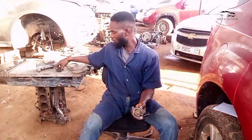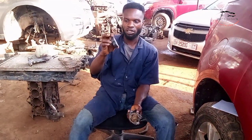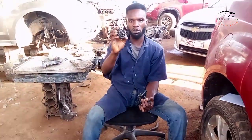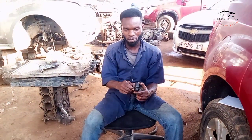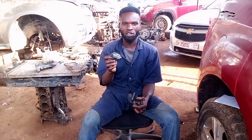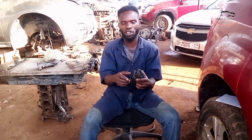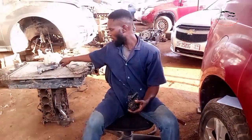Two, this is the pressure cap. The pressure cap is on the tank or reservoir. If the pressure cap is spoiled, this one too will cause overheating. So the things that come together to create overheating in your engine are this pressure cap, the thermostat, and then 3,